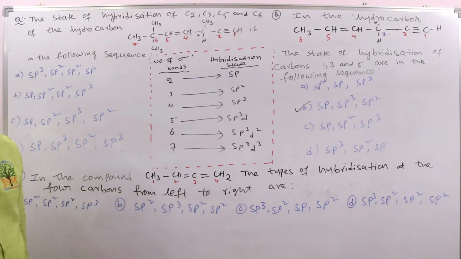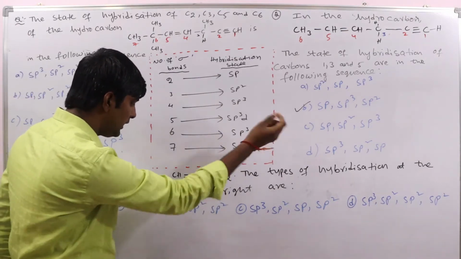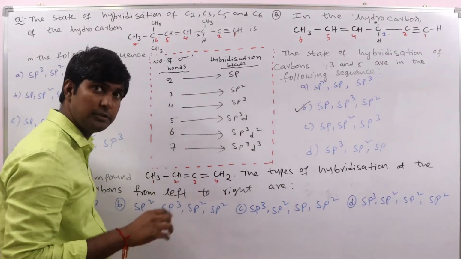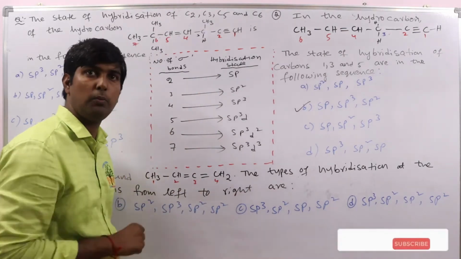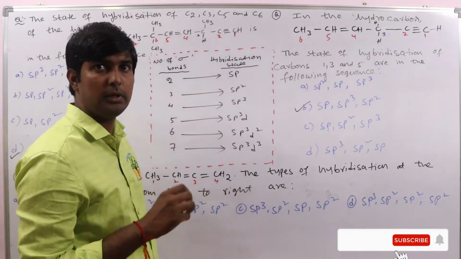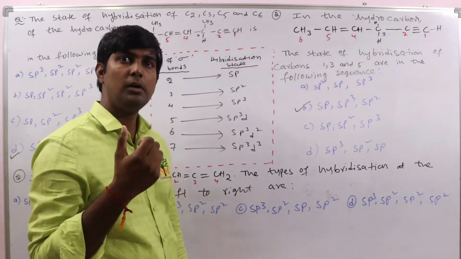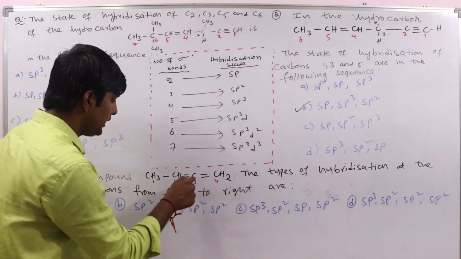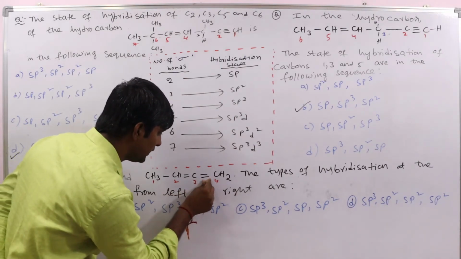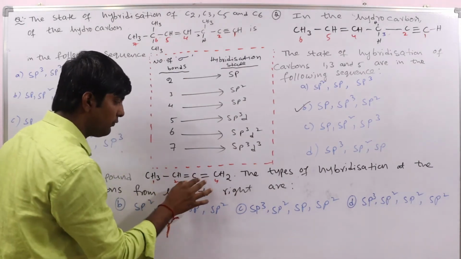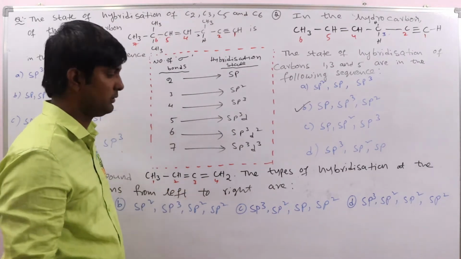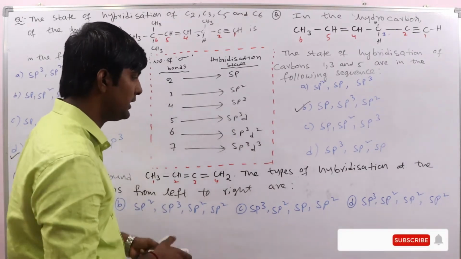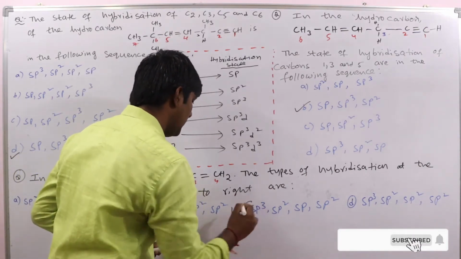Very important, this one. Generally we think that if a double bond carbon is present, that is sp2. Not like that. Only if one double bond is present for a carbon does it have sp2 hybridization. But see here, this carbon has 2 double bonds, this side and this side. So in the 4 bonds, 2 are pi bonds and only 2 are sigma bonds. So that's why here sp hybridization. So this will be the answer.